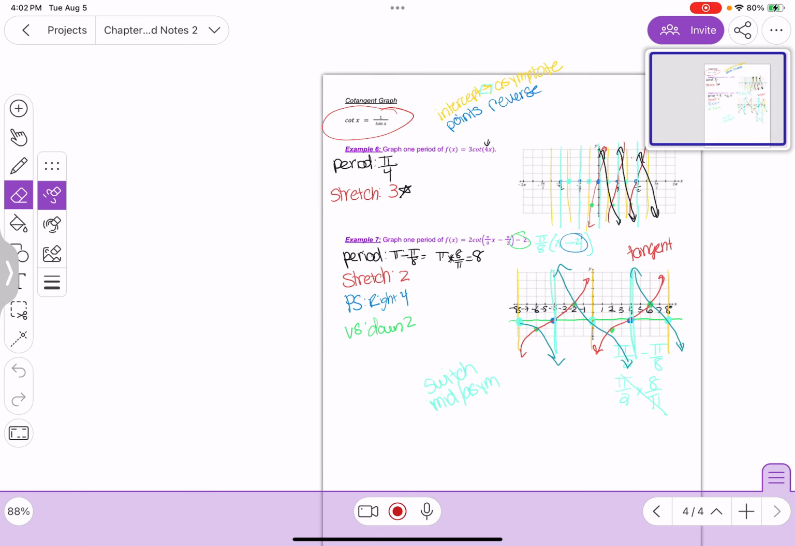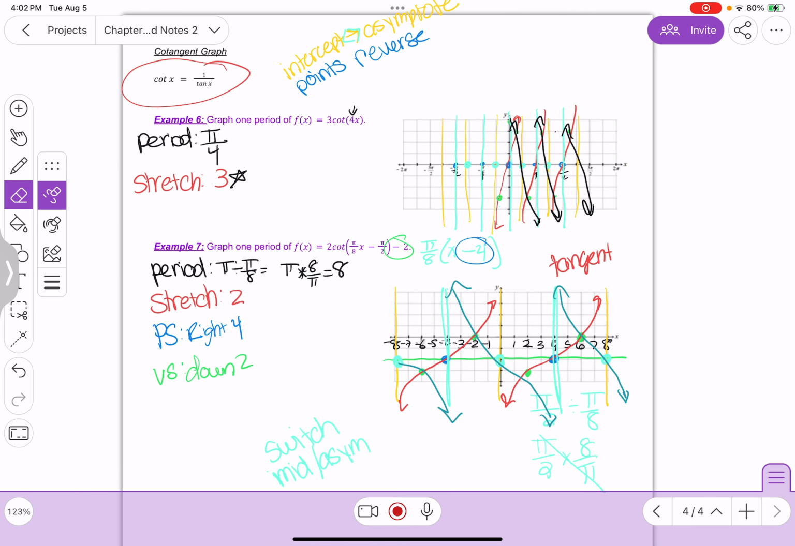So that's how you graph the other ones. That is section